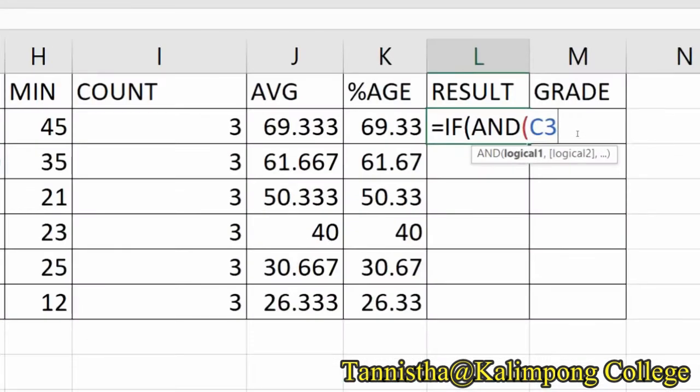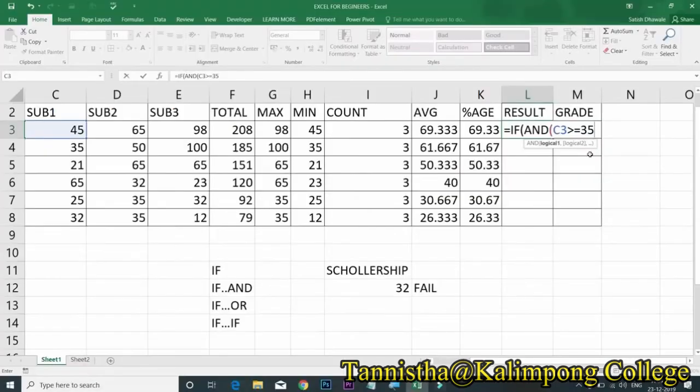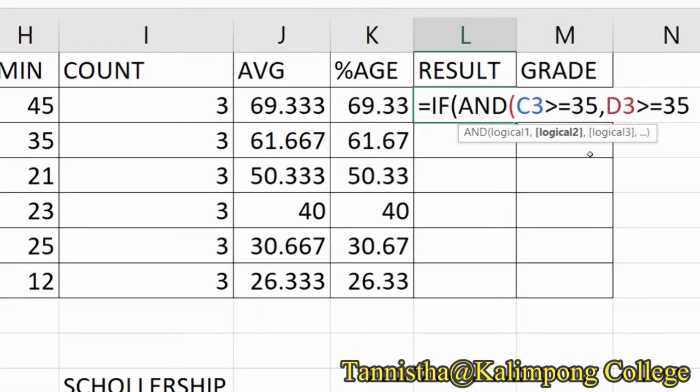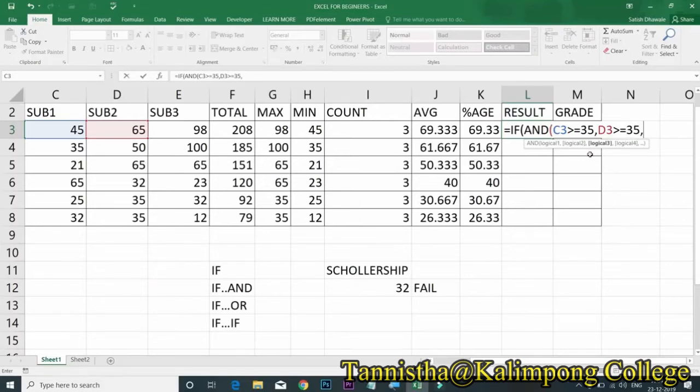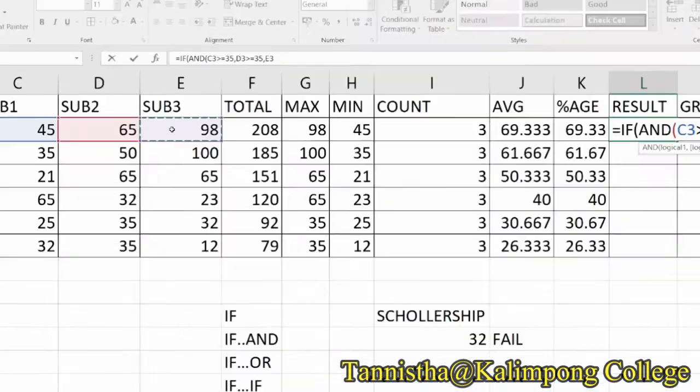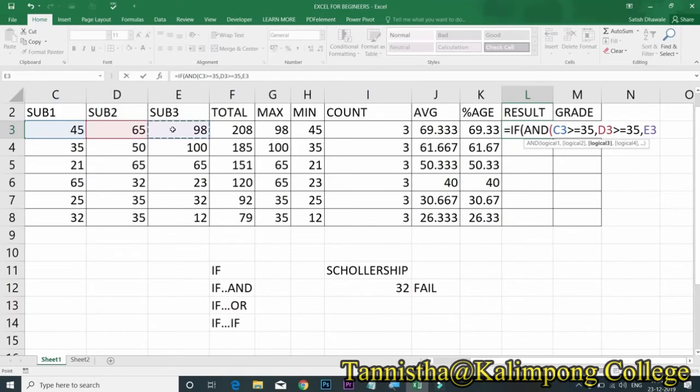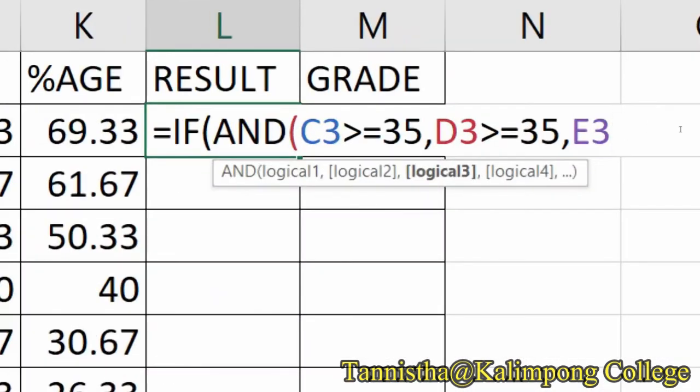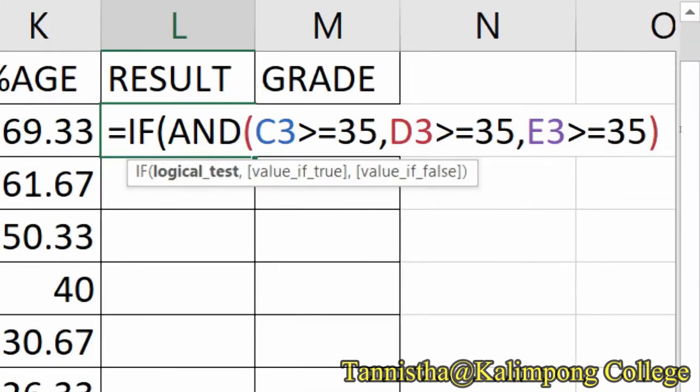Now we will take the marks of subject 2. That is, whether D3 is greater than equals to 35. Then put comma. Now instead of typing E3, you can click on this cell and as a result, E3 will automatically appear. In this also, greater than equals to 35. Finally, close the brackets.